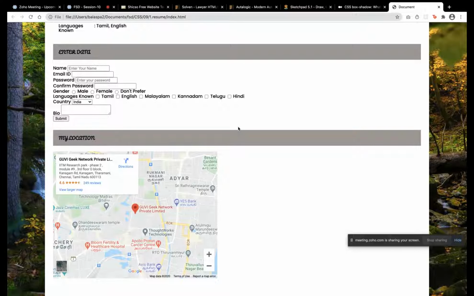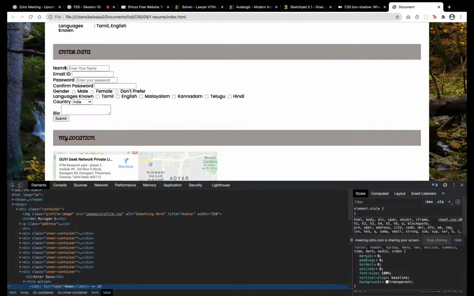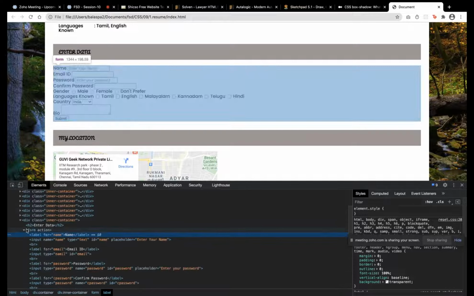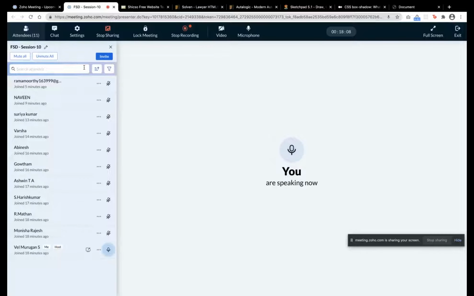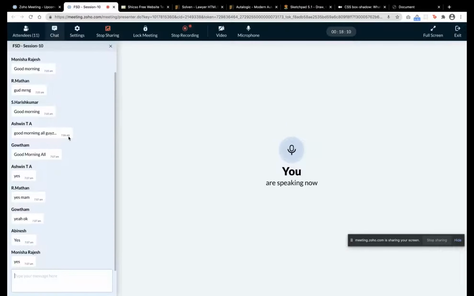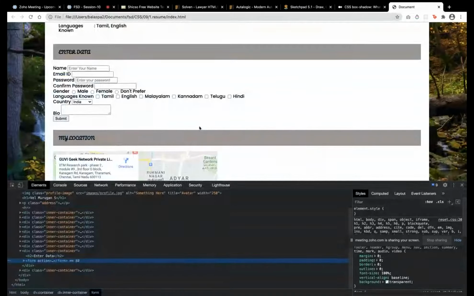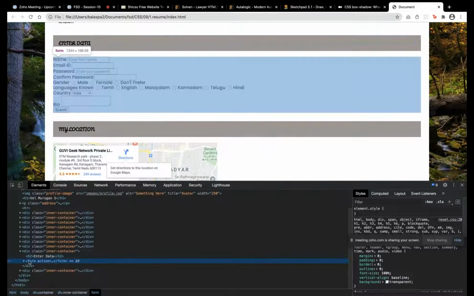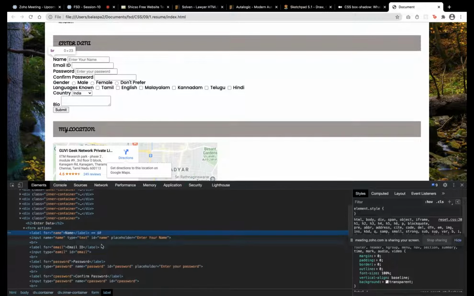The next section is forms. Yeah. What we want to do first. Somebody has joined, I think. Okay. What are the things we want to do for